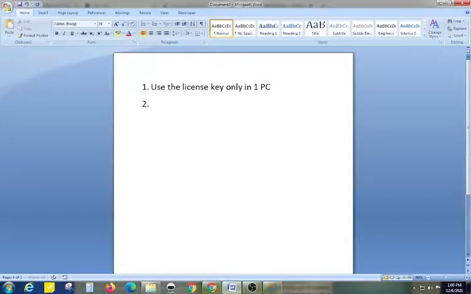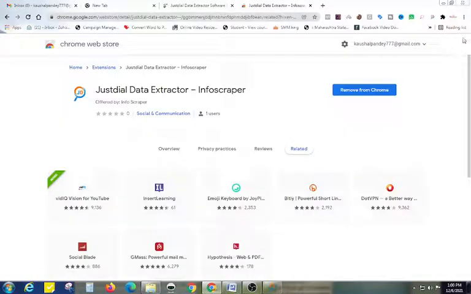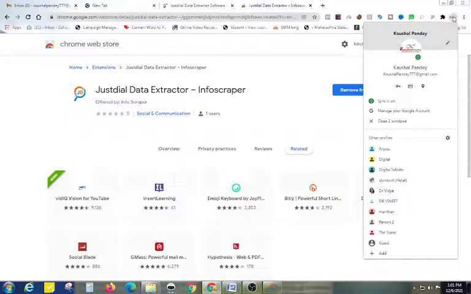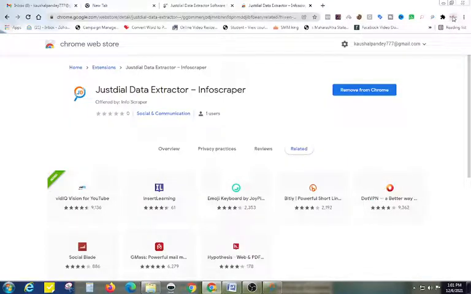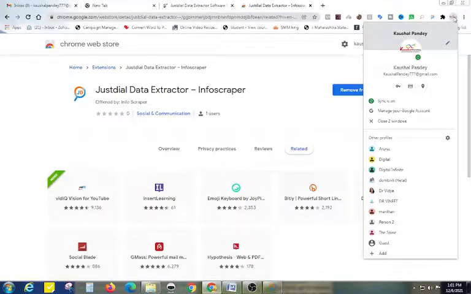The second point is that I have already logged in to this Chrome with my Gmail ID, and this is the Gmail ID where I can see all my installed Chrome extensions. If I change the login, then I cannot see this Chrome extension, because only in this email ID have I installed all these Chrome extensions. I'm not talking about the Gmail ID or your Google login; I'm talking about your Chrome login.